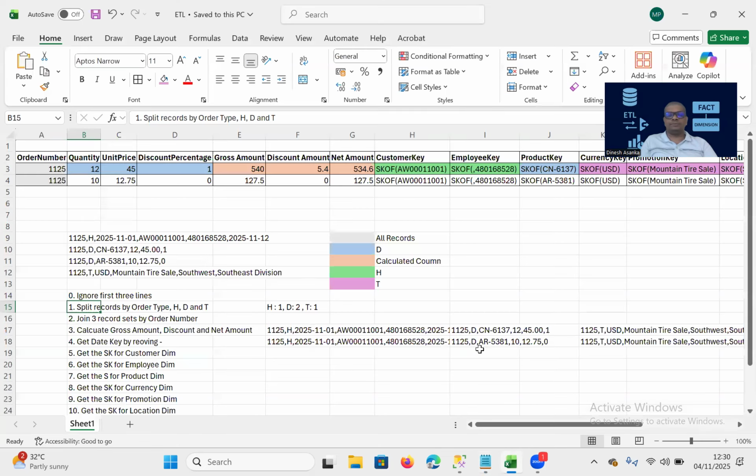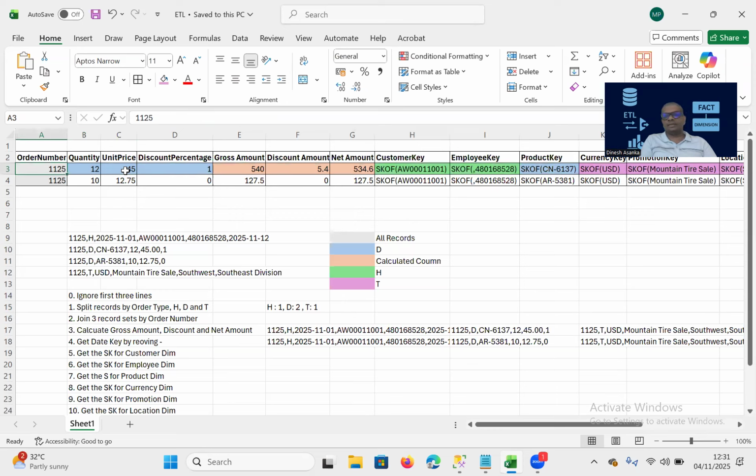In the second video, we discussed the logic to transform the text file into the fact table. There we took as an example record order number 1125. These 4 lines, which belong to order number 1125, will be translated into this fact table. And we realized this: first we looked at how data will be represented in the fact table, and then we saw that for every record, data is coming from